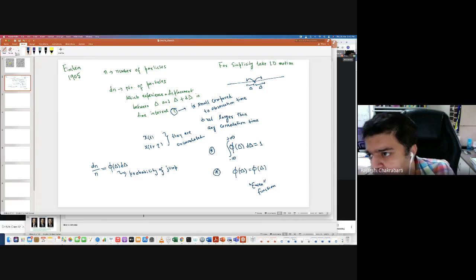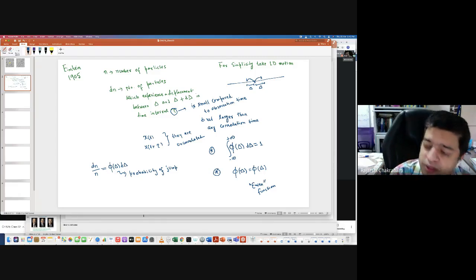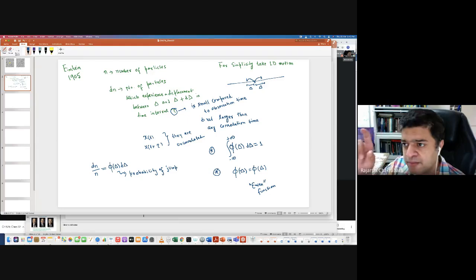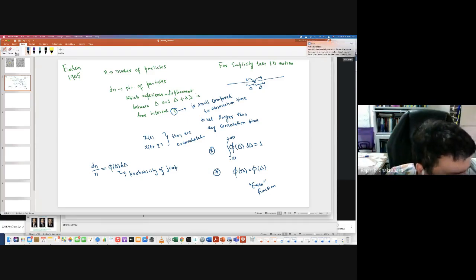You are a random walker. You can go to the right, you can go to the left. It does not matter. Your probability of jump is the same if you go the same distance. If I go 0.1 nanometer towards the left or 0.1 towards the right, both events should have equal probability. That's why the probability of jump should be an even function of your jump displacement delta. Is this clear? Because this is what we are going to use in this formula,